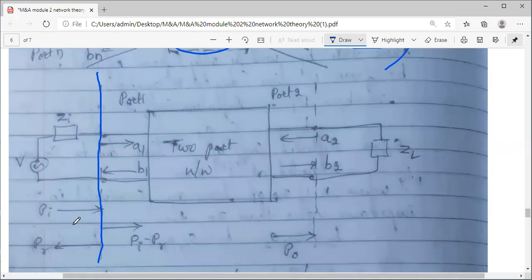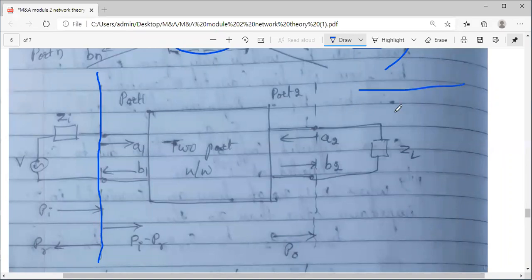First, the input and output variables are voltage and current in those parameters, which you have already studied in your network theory. But here at microwave frequency, when you use S parameters, the variables are waves, traveling waves. One more difference: in the case of those parameters, a port is nothing but a pair of terminals you use. Where you connect wires for input and output, those terminals act as a port. However, at microwave frequencies, when you come across S parameters, port indicates what? It is a plane.